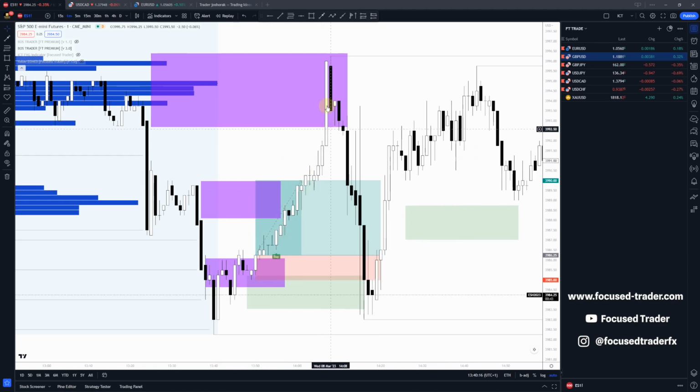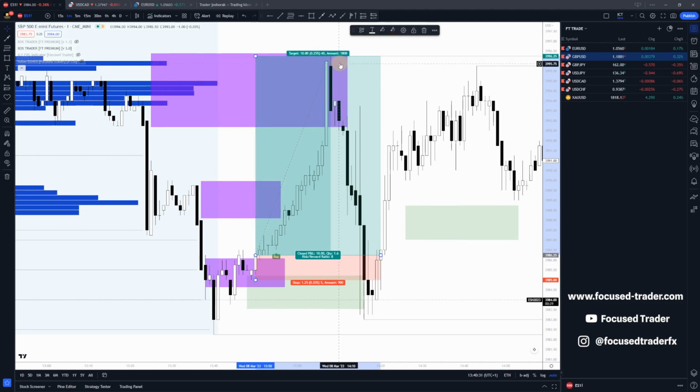So this is something that we'll need to be looking for, and also take partials in these areas, because we could expect the market to react and go short after it tests these value zones, basically. Okay, so this signal ends up in very nice profit, like, I don't know,